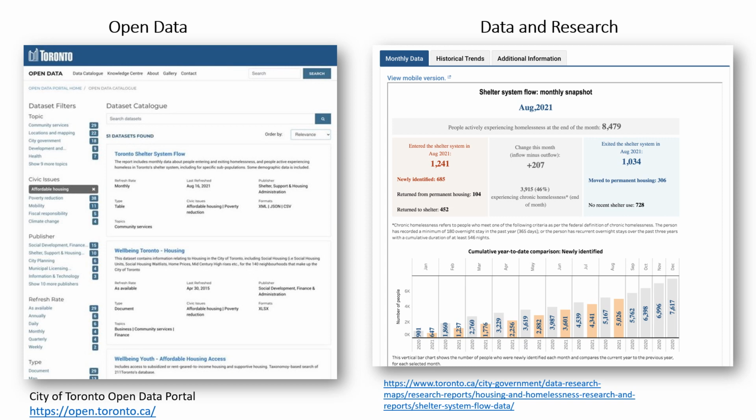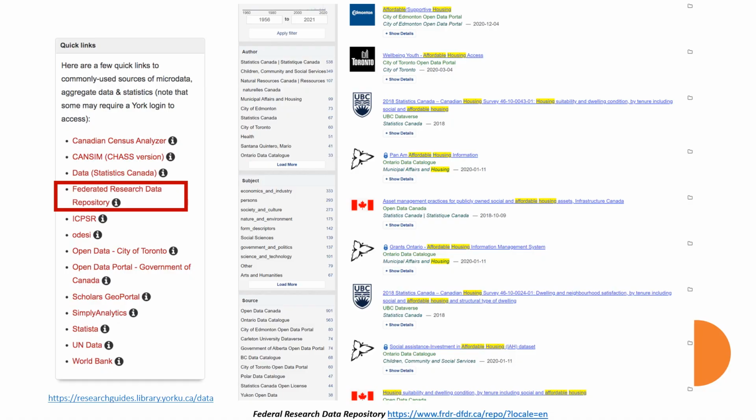For example, maybe it is shelters you care about, or the amenities within apartment buildings. Finally, linked inside the research guide, but outside of the City of Toronto's open data portal, lie many reports and dashboards based on the open data, like this on the right about the shelter system flow.